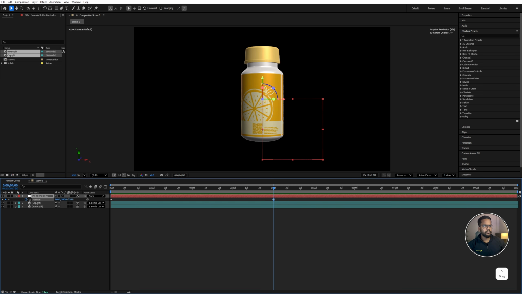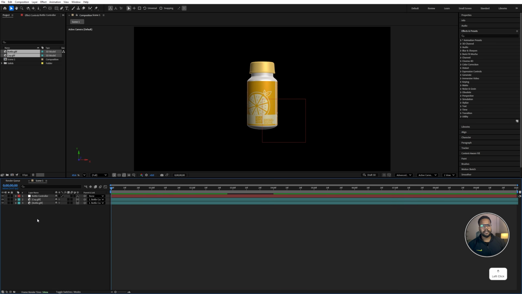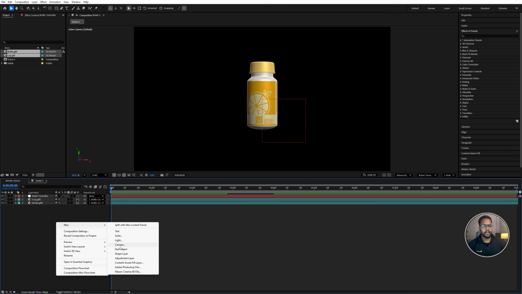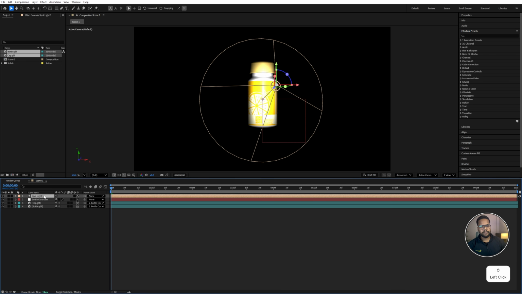Alright, so this is zoom in perfect for me, and let's move it to the center. So this is good. So now let's add the lighting. So right click, new, add the light. So we will select this spotlight, and you can see the settings. Intensity is 404, cone angle 69, and cone feather 100%, radius 500, and falloff inverse square clamp, and hit OK. Let's name this right side light,